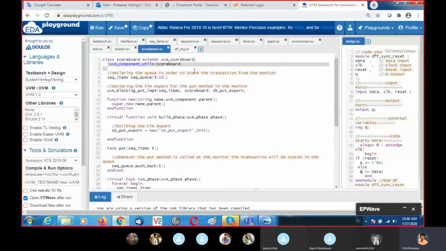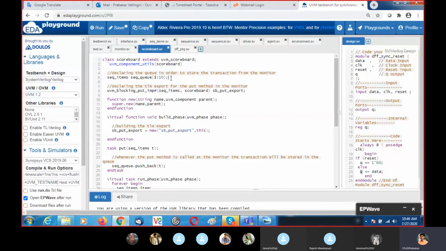Here you have to declare the export, that is the implementation, uvm blocking put imp. There I used a put port, here I am using a put implementation, and you mention the actual parameters with the sequence item type and the component where you are creating it. Then this is the name of the export.